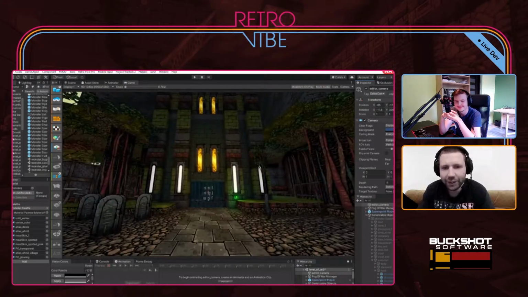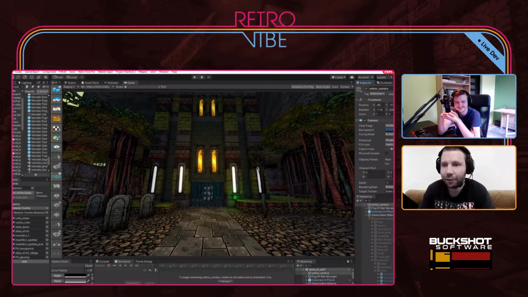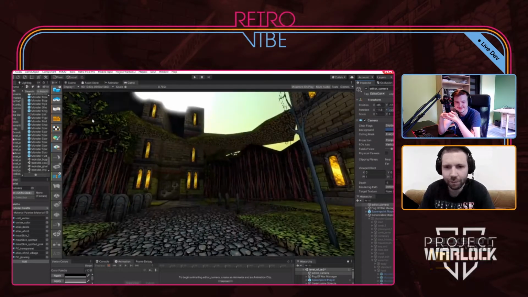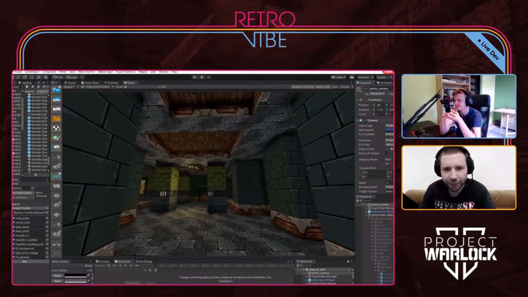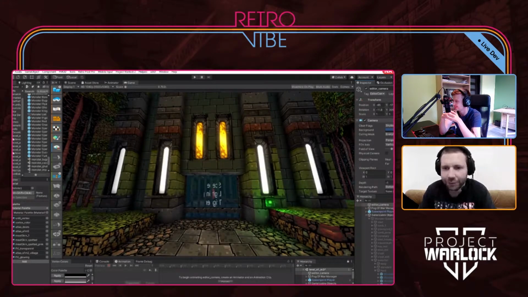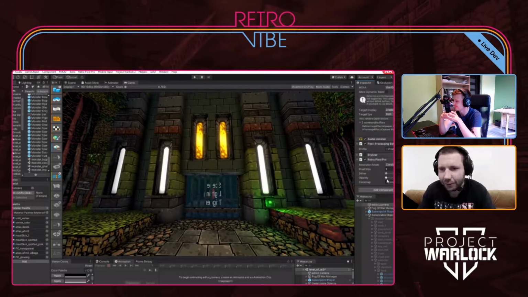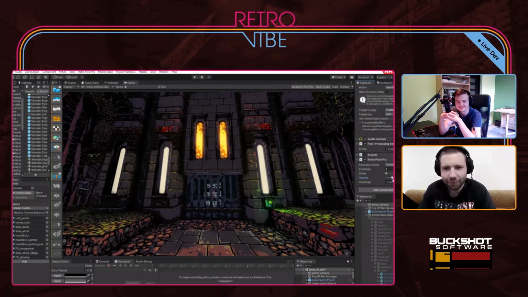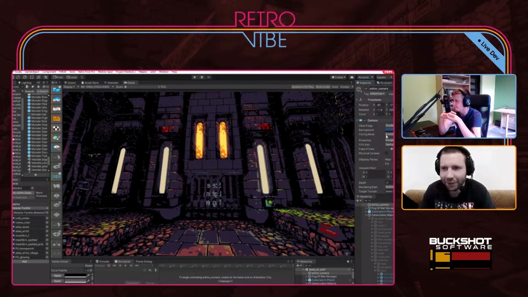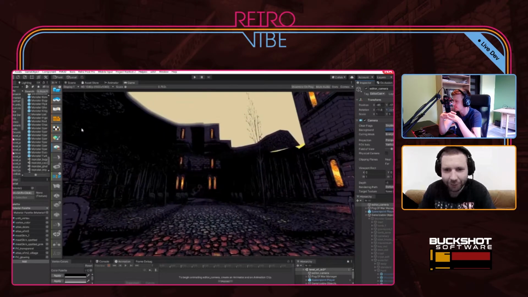Yes, so this is how the game works, how it looks with full color. It doesn't look bad, but going for this particular artistic style, we wanted to stylize it a bit. And if we go full ham on it, this game can look really, really stylized.